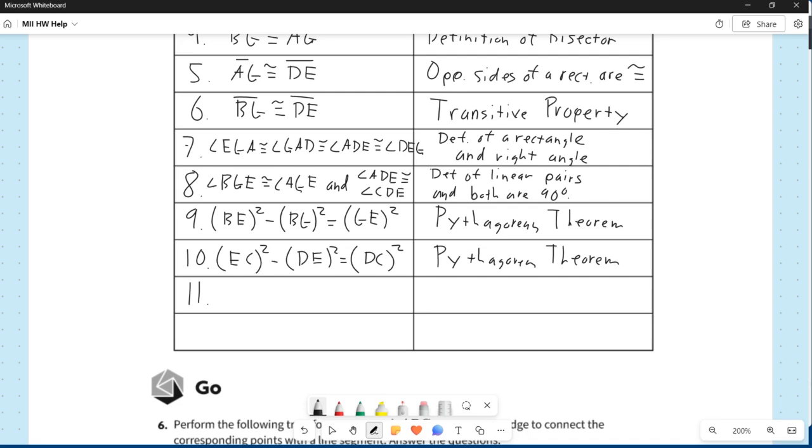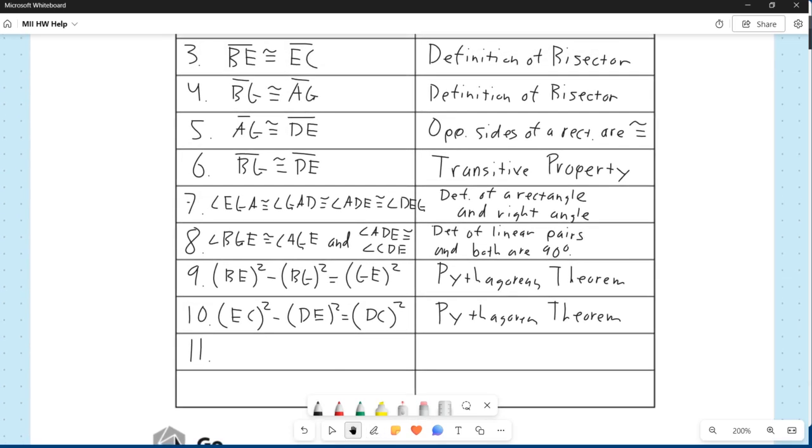Now, notice that we've already established that BE and EC are the same thing. We've established that those two are the same. We have also established that BG and DE are the same thing. So because all of those are the same, if you take 9 and 10 and look at them together,